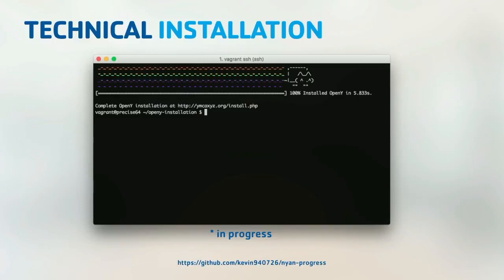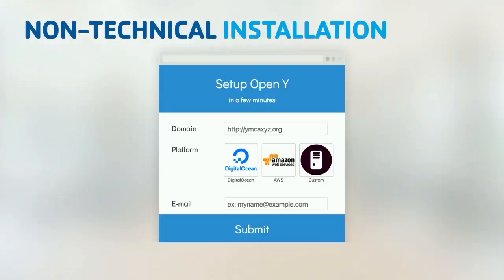Right now we have a pretty similar bash script, but you will see there are a lot of weird lines, a lot of log output, but in an ideal world, again, this should look like this. Even for technical guys, they really like cats, I guess. Also we are working on the non-technical installation. We are working on this in order to make an interface for customers so that even non-technical departments can set up new websites just by using some wizard.